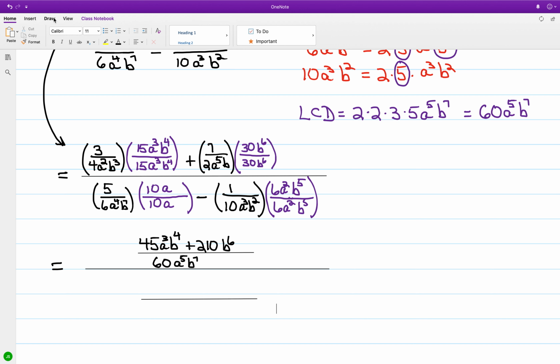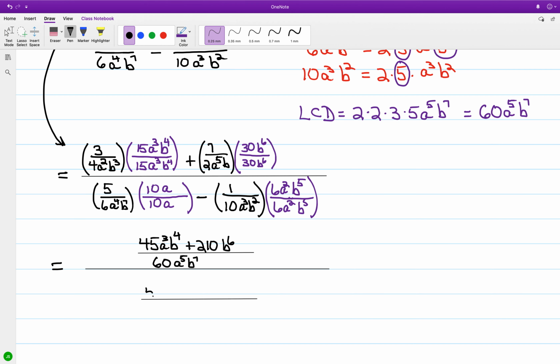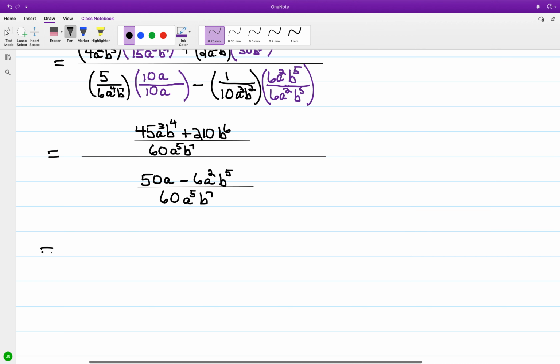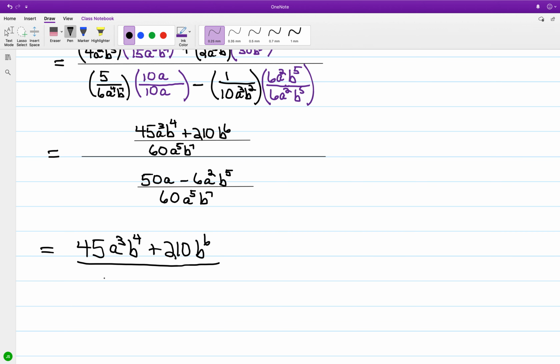And for the denominator part, we have 50a minus 6a squared b to the fifth, all over 60a to the fifth, b to the seventh. And you can see implicitly that the least common denominator is going to cancel out. Again, this is not the only way to work out this problem. But in this case, in the reduction, you have 45a cubed b to the fourth plus 210b to the sixth over 60a to the fifth, b to the seventh, and